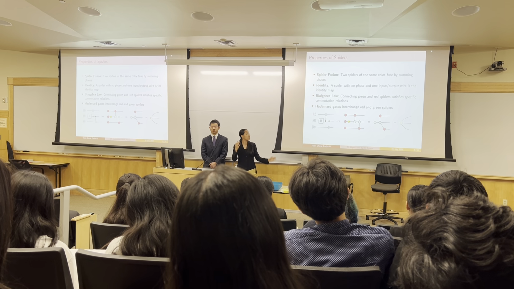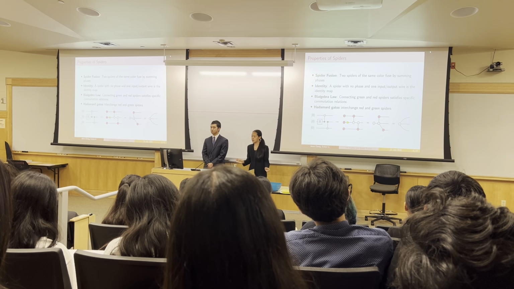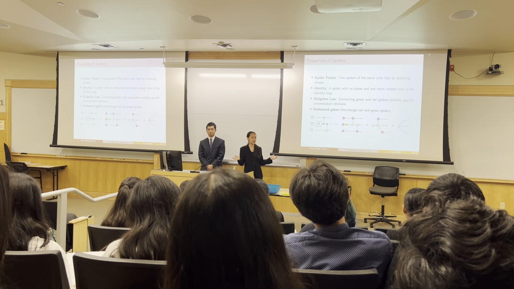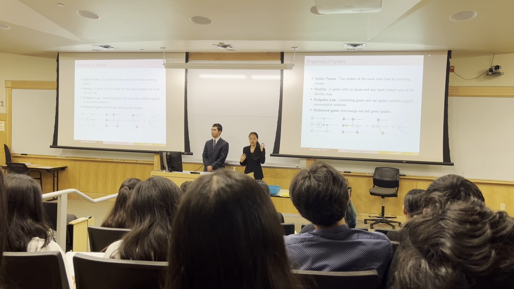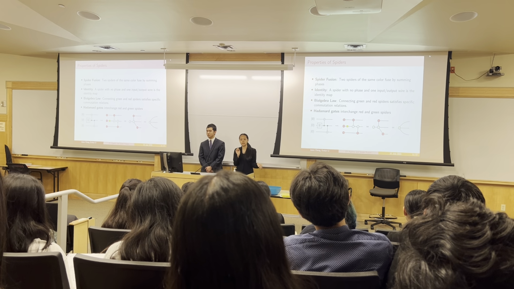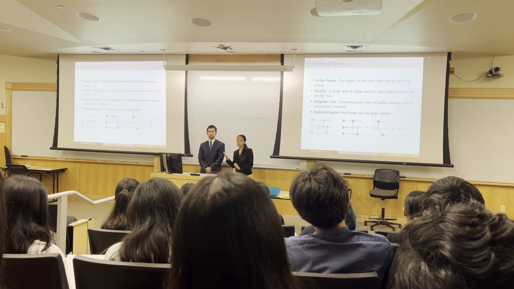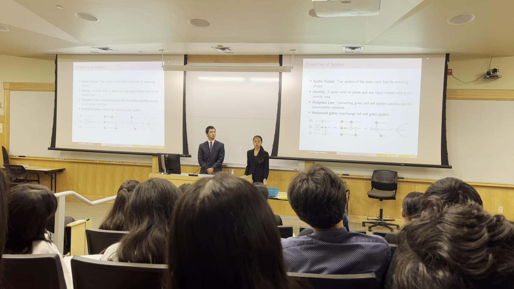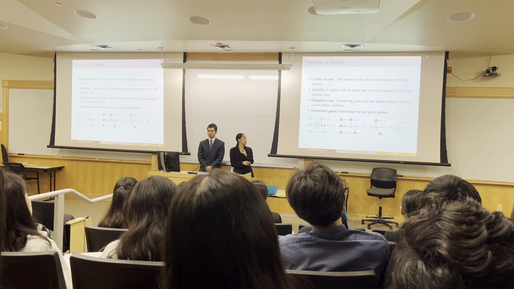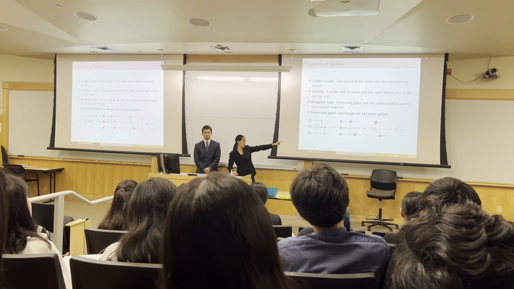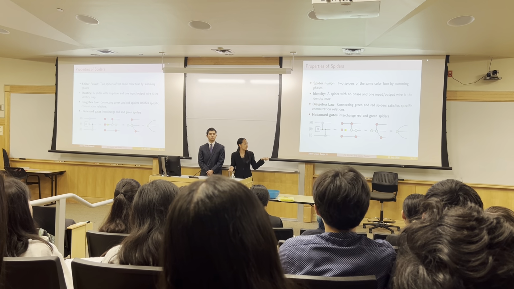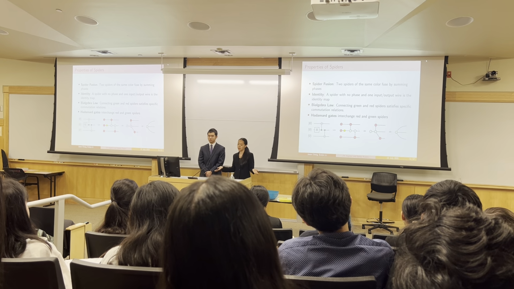The bialgebra law basically says that connecting a green spider and then a red spider satisfies commutation relationships. So a green spider and then a red spider is the same as doing a red spider and then a green spider. Finally, Hadamard gates interchange green and red spiders. It flips the axis of rotation, which is the yellow block right there, and changes a Z spider into an X spider or the other way around.